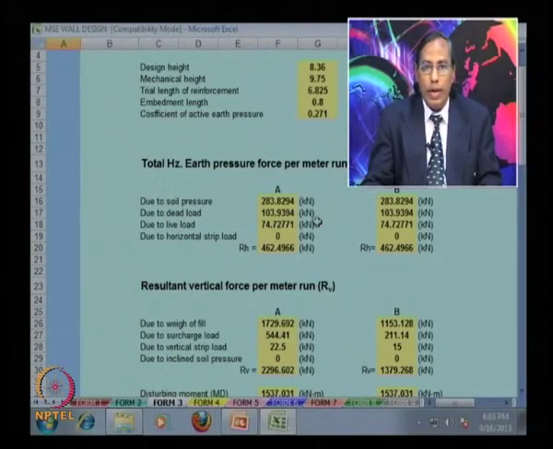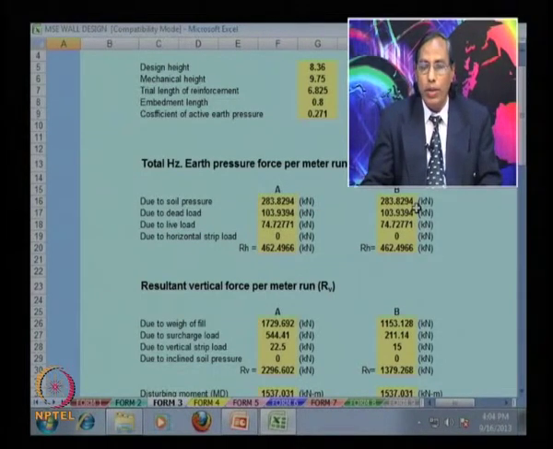Also, you have to consider some factor of safety. This factor of safety for A and B, for the soil pressure, dead load or live load, is given in the BS code specification. So the factor of safety is equal to 1.5, and for soil pressure also the factor of safety is 1.5. So when you do it for soil pressure A, half Ka gamma H square, you have to multiply by 1.5.